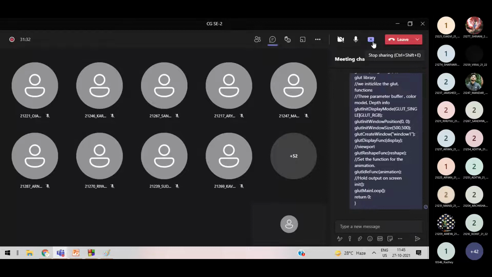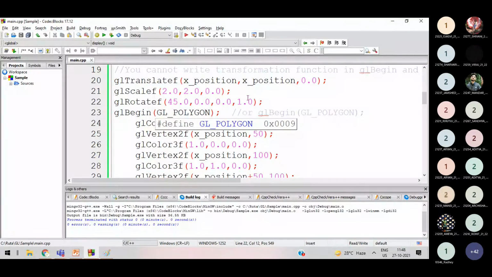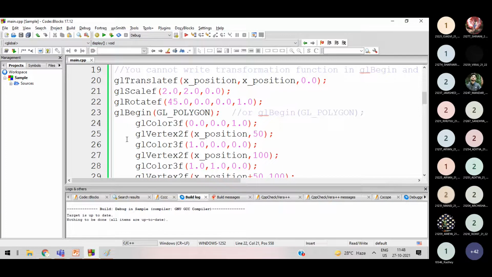I wrote it. See, glRotatef. It's a float value, so I mentioned it 45.0. Let's say 45-degree rotation I want. About which axis? I specified the Z axis here. X and Y, I kept it 0, 0 itself. And then if you compile it,